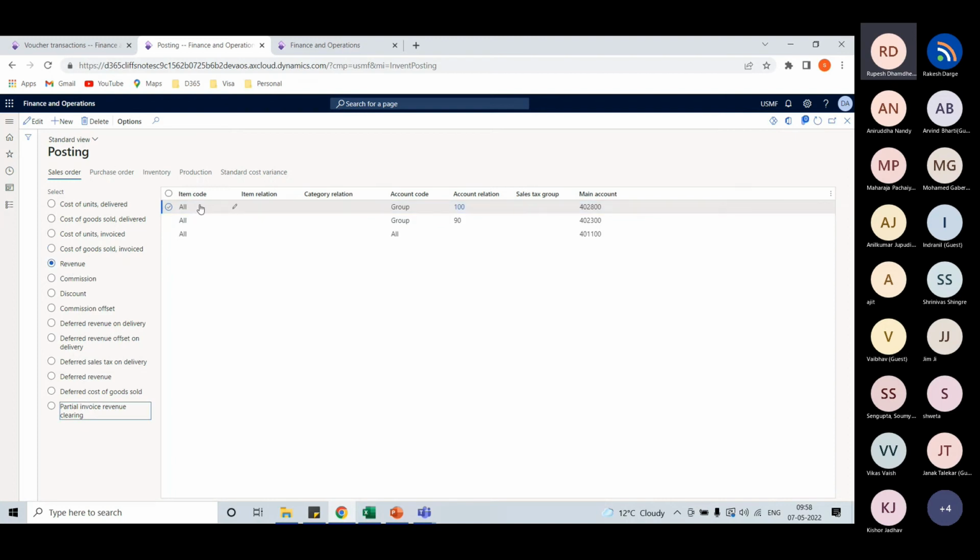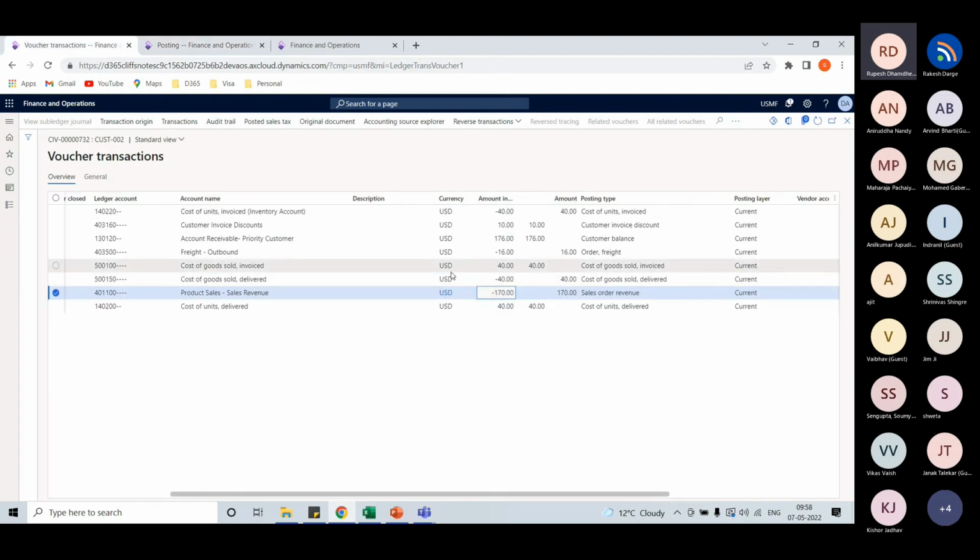And in a similar way, you will define the revenue account in this radio button. And for the customers and the charge cost ledger accounts, we already discussed those. They are appearing from a customer posting profile and a charge code setup. So that's how these ledger accounts will be used from the different posting profiles and get posted at the time